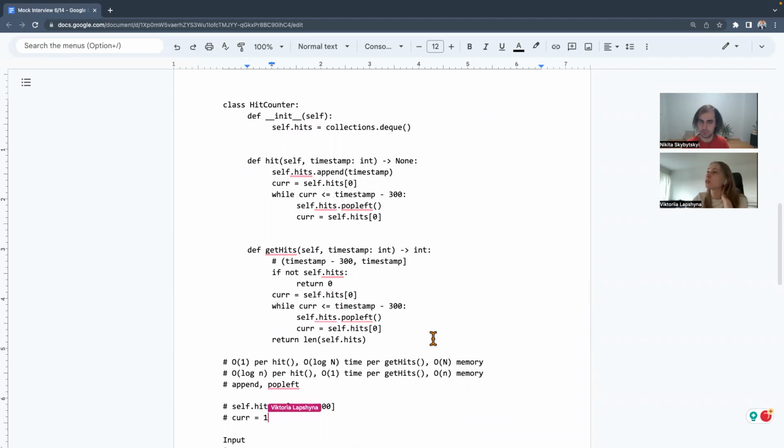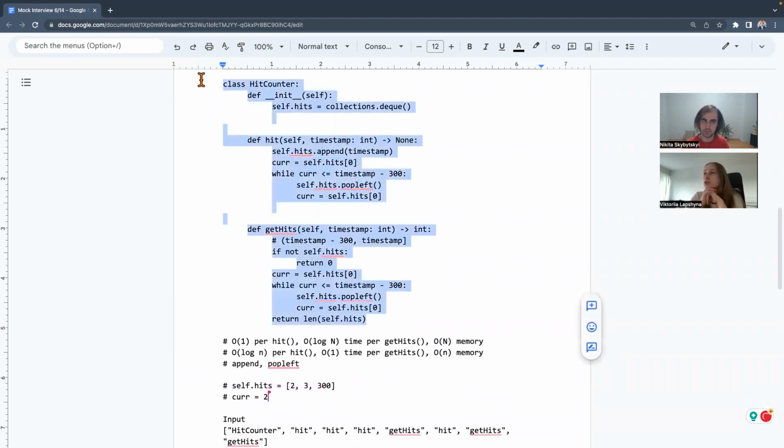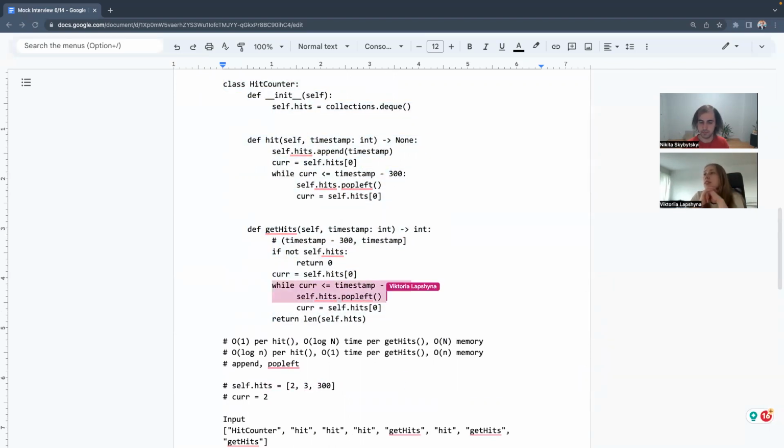We remove the very left element, and we update our current with 2. Then we don't go into this while loop again. So that's how our list looks like, and it has 3 elements. That's what we expected. Okay, so this looks like it works. This case does work.